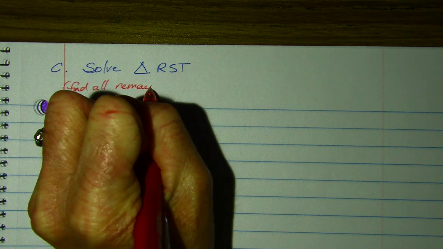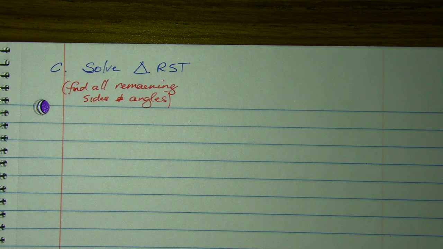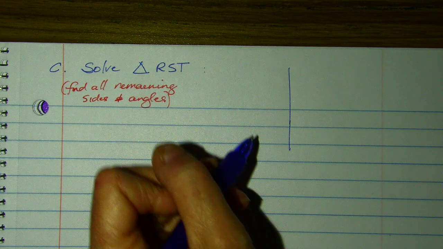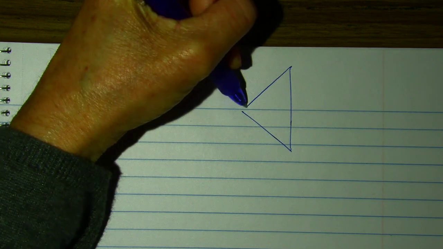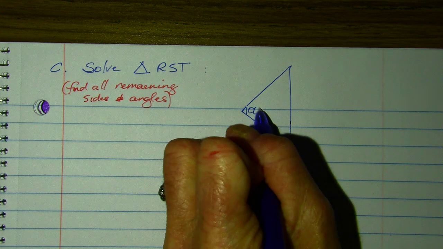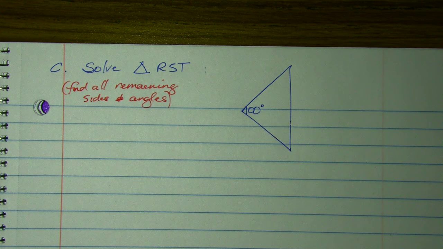So in part C, we are going to solve triangle RST. When it says solve, it means find all remaining sides and angles. So anything unknown, we're finding. That's what solving a triangle means. We're going to find all the sides and all the angles. So here's the triangle they've given us. They said that this is 100 degrees. This is, wait, I want to make sure I'm looking at the